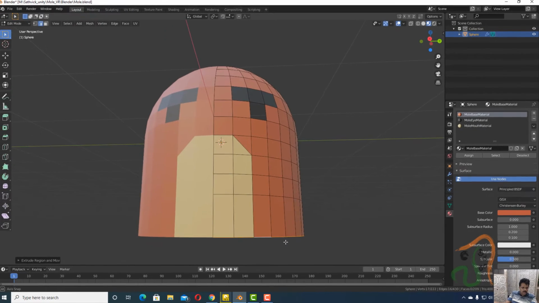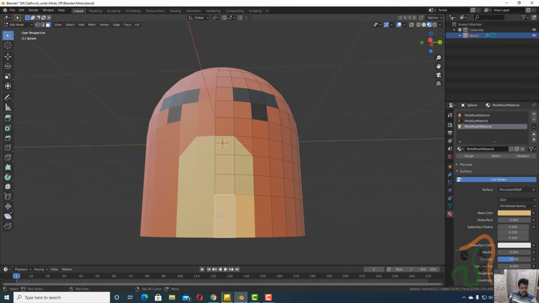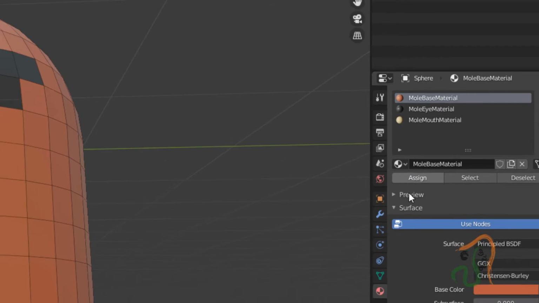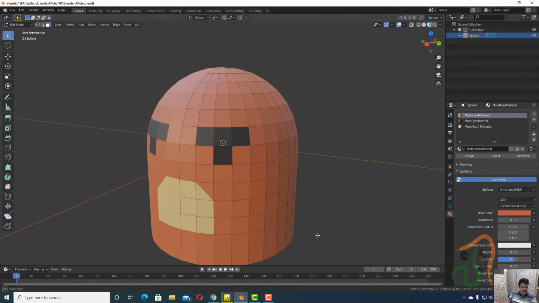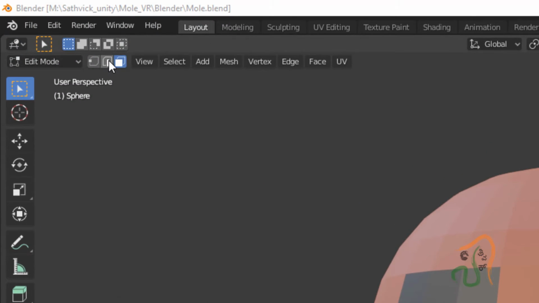Okay, and next what we shall do is press 3 to go to face mode and select these 2 faces. Come here, select mode base color and click assign. So we are getting some shape, rough shape like this now. Okay, continuing from here, let us now come back to edge tool mode here,